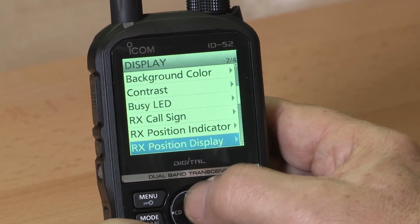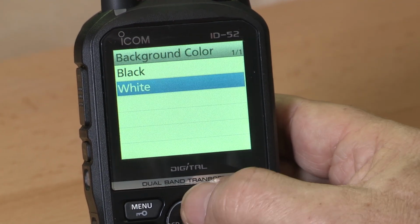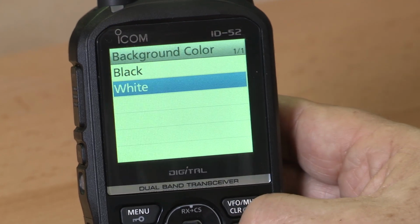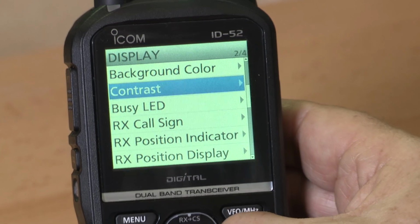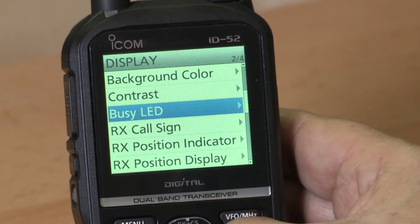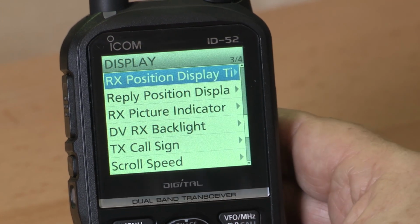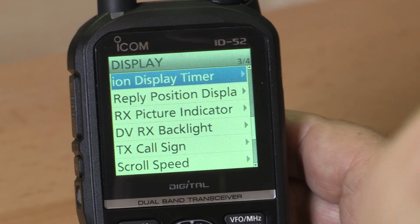So you can sort out the background color. If we don't like white, we could have black. I prefer white, I think. We can adjust the contrast. We can adjust the busy LED so that it's on or off. Just many different things. So as you can see, with all of these menus, it's very easy to get to